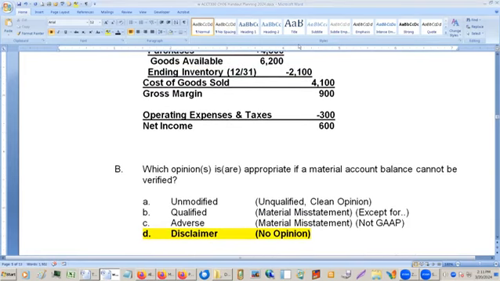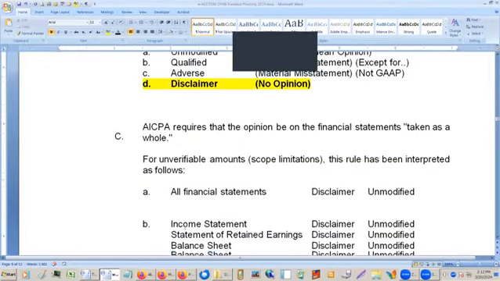Now, it would be good to tell the client, and I'm sure this would come up, that look, the first year you have a material amount of inventory. So the first year, if you want, we can just come in and do an audit of the inventory, and then next year give you a complete audit if that's what you want. Because you're going to get a disclaimer the first year because we don't know what your beginning inventory was. If you're called in a year ahead of time and you can just come in and verify the inventory, then you can come back and do a full audit the next year. But if that's not the case, you have to tell the client, look, it's likely you're going to get a disclaimer.